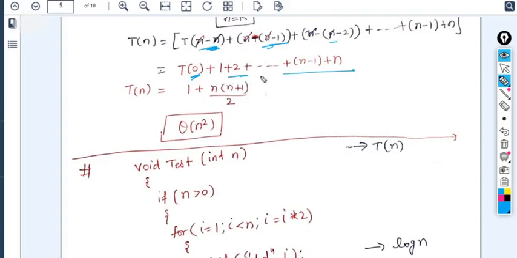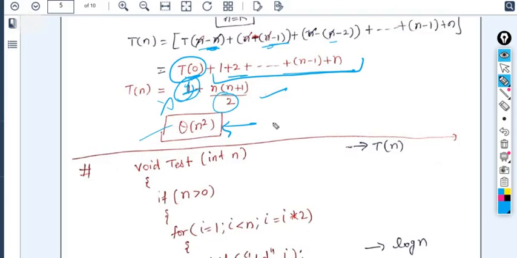So you know this thing, how to solve this thing. So the nth series sum is n into n plus 1 divided by 2, and the T of 0 value we know very well, it's 1. So what you are getting here is n square plus n, same thing you are getting, and 1 is the constant, you can directly ignore. This is also constant, you can directly ignore. Here the execution time is theta of n square. Here you can also write big O of n square, it's up to you.